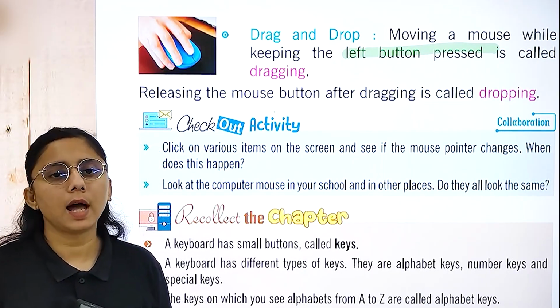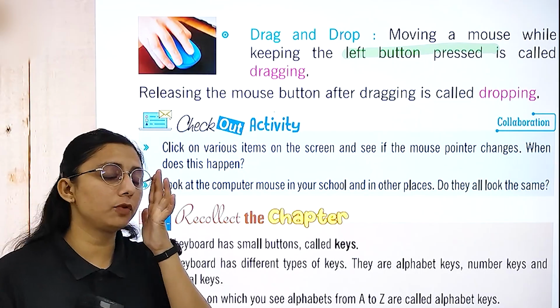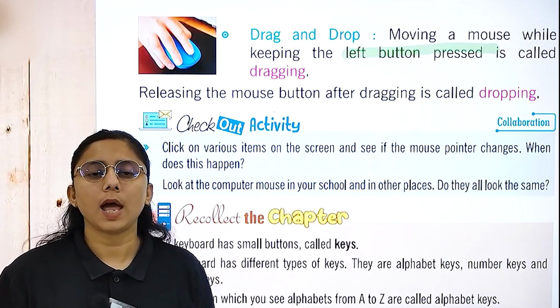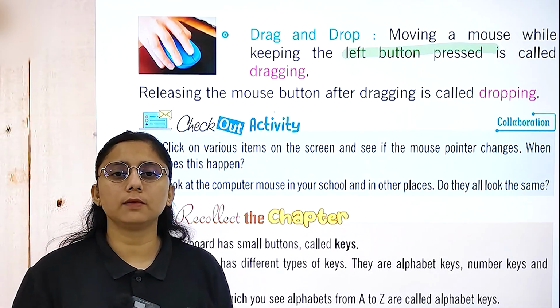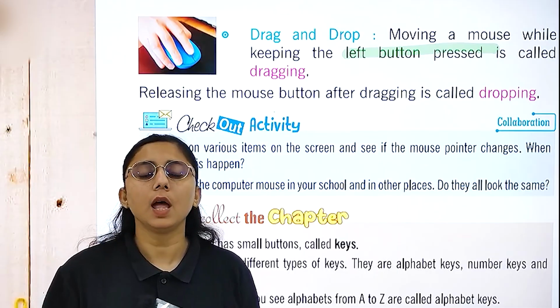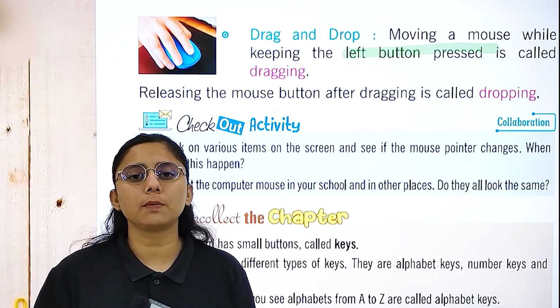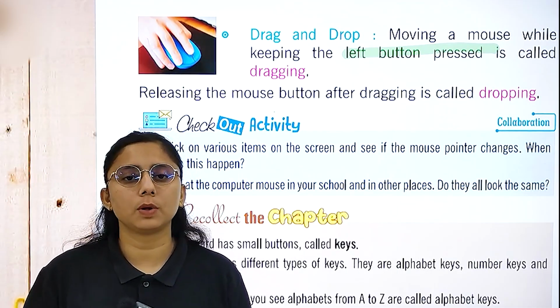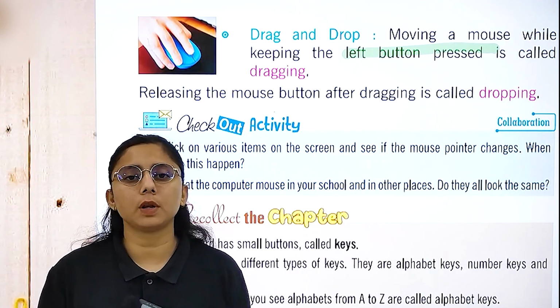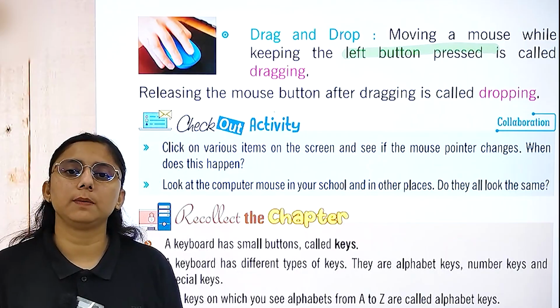In this chapter, I have told you about the activity you have to do yourself. In this chapter, I have told you about keyboard and what are the different keys we have in our keyboards. Like we have some alphabetic keys, numeric keys, and special key. Then I have told you about the mouse, what are mouse actions, and what are mouse pressing, and what is mouse pad. It is a soft cloth on which we keep our mouse.